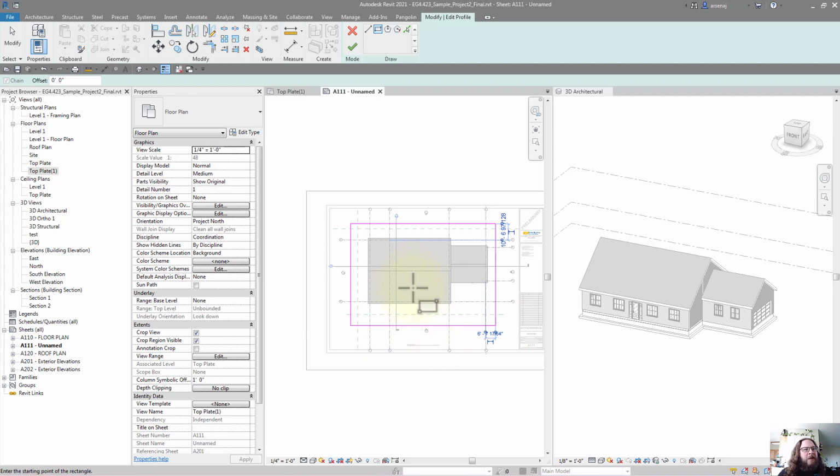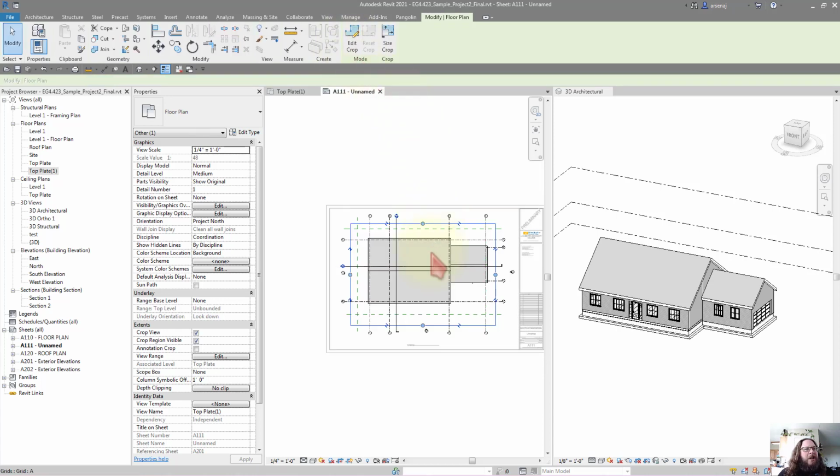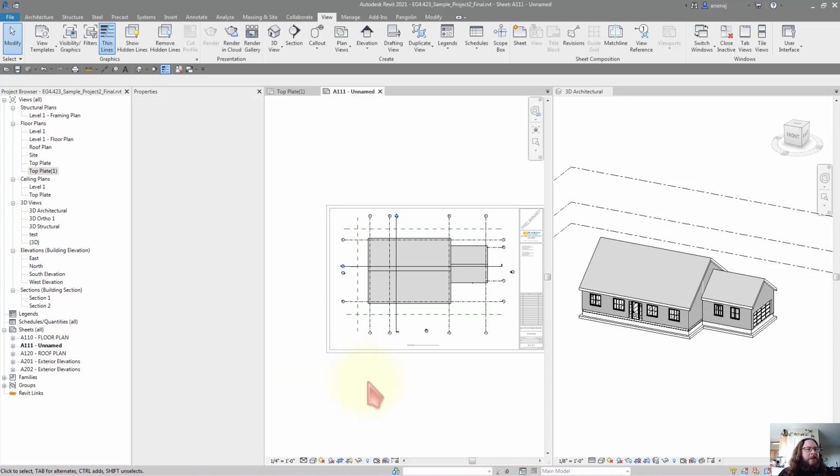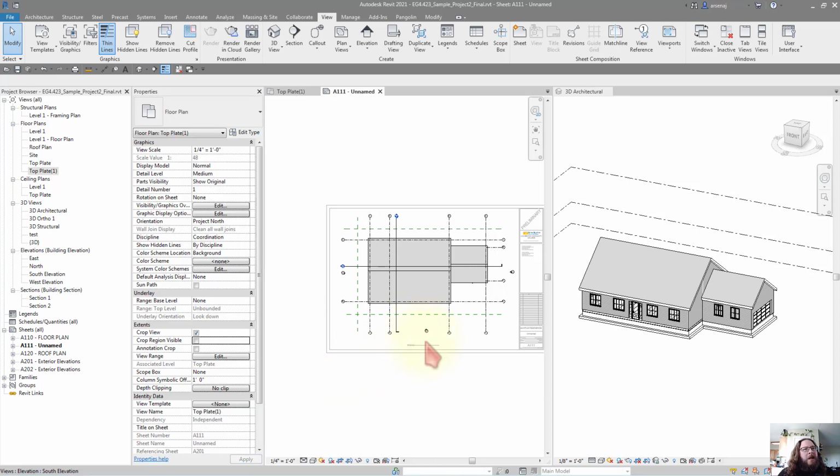It's quicker for me, so I try to do a lot of the things that are more efficient if you're doing a lot of views. So once you're done, you can go back to the green check and check, and then I'm going to turn off the crop region that's visible. Uncheck that box on your properties,